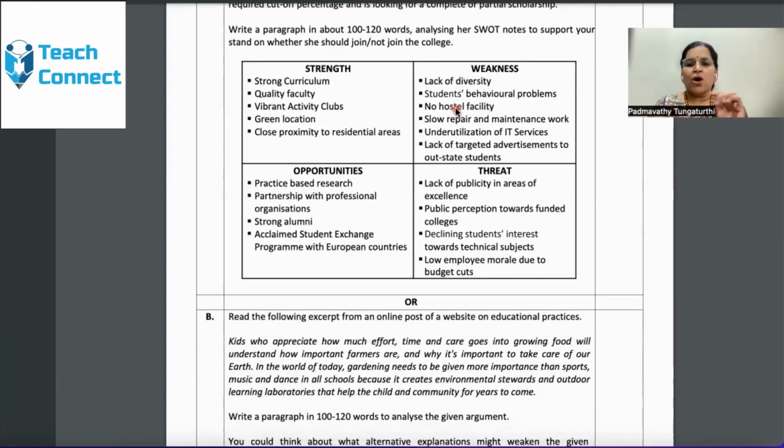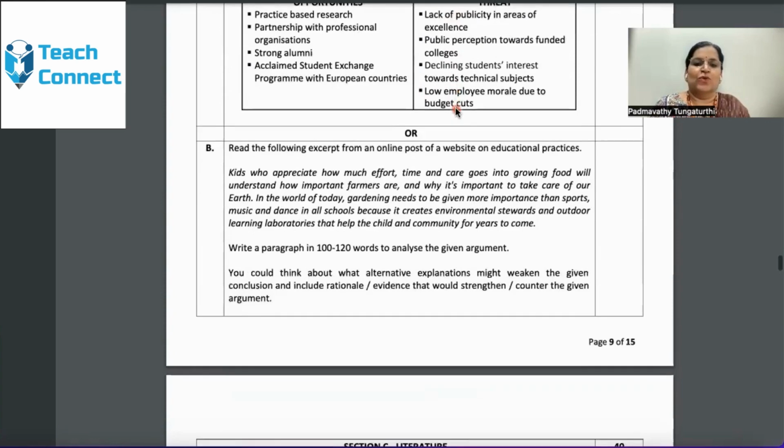It can be a yes or a no, but is the child able to support the idea? Are the strengths more for the students or the weakness more? It is only an expression. Marks are not deducted for writing a yes or no for joining or taking an admission in the school.